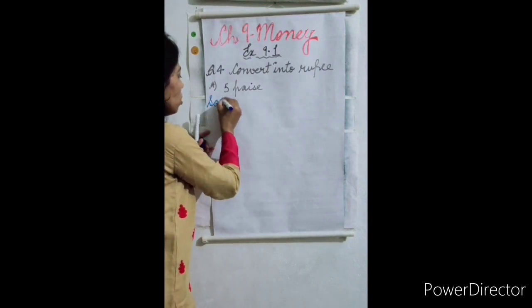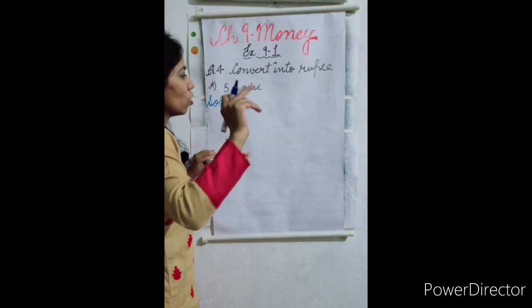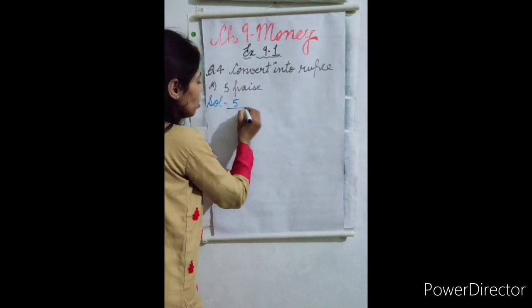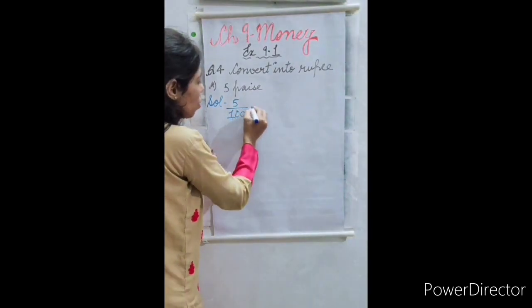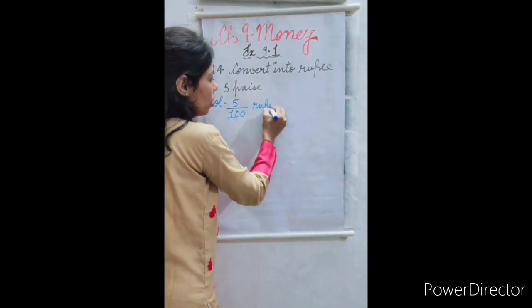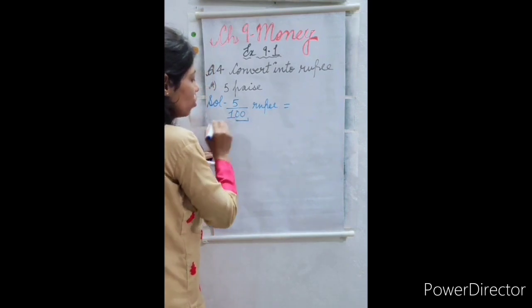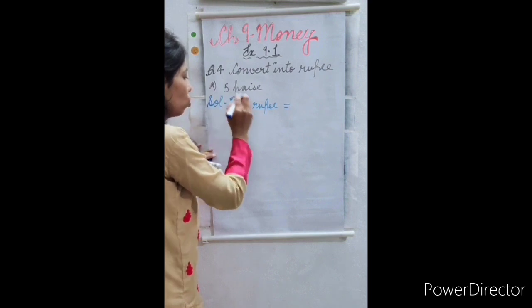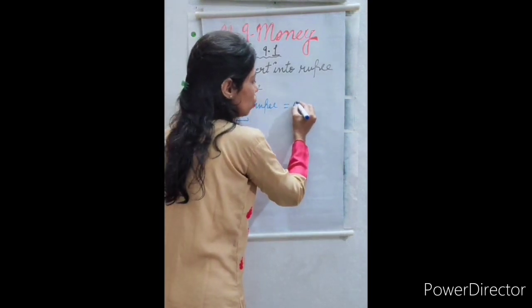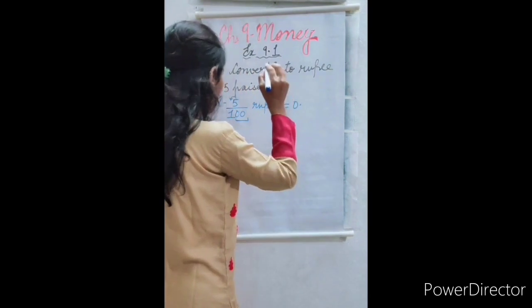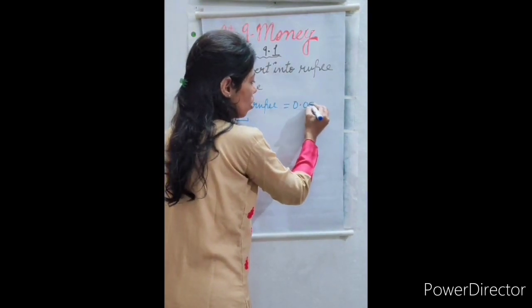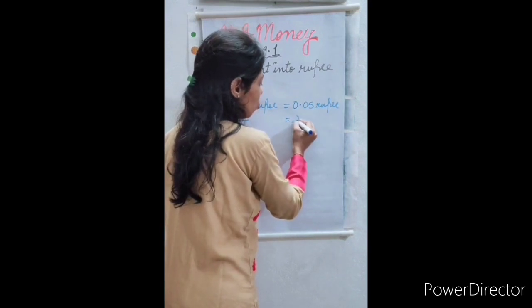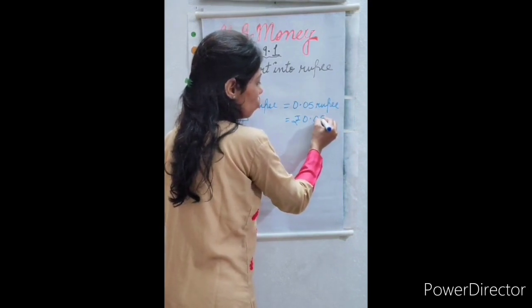Let's start the solution. Let's not write 1 rupee is equal to 100 paise. Directly we will solve it. 5 paise, 5 by 100 rupee. So after the decimal 2 zeros are there. So before this 5, we will make 2 digits and then we will place 0 and the decimal. 0.05 rupee, or you can write it as rupee 0.05.